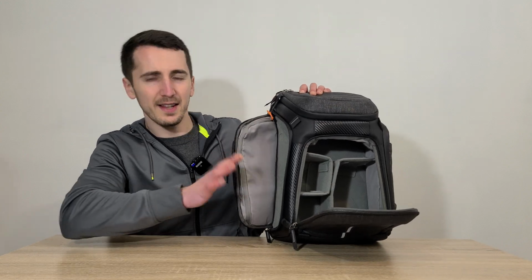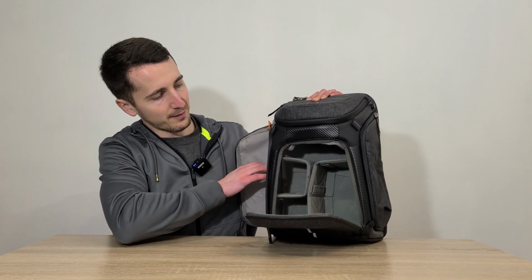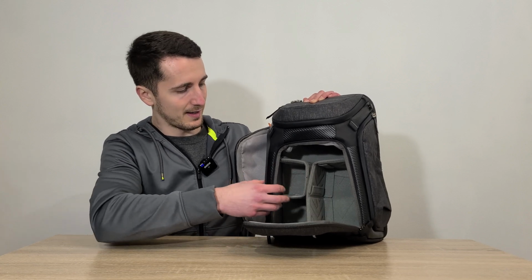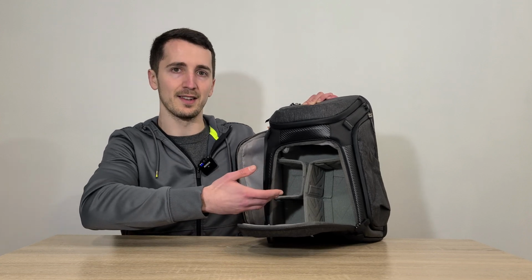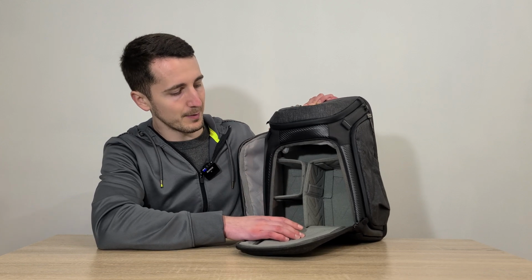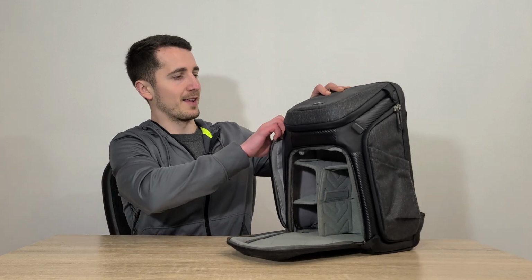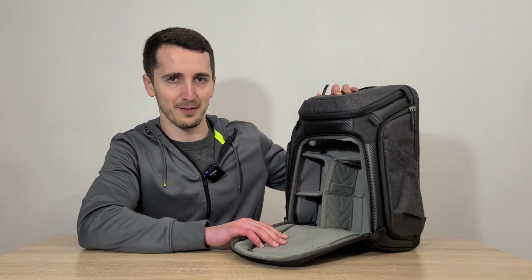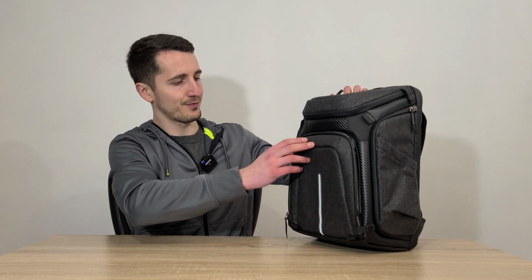And it takes a little bit of work to get these laid out the way you want. I probably took maybe 5 to 10 minutes putting these together and getting them to be situated the way I wanted. But I think it's worth it in the fact that you can make this layout most efficient for you. And so I really do like that ability to customize, because we're all a little bit different. We all want things set up in a little bit of a different way. So this is a nice adaptable way to set up your bag. Okay,